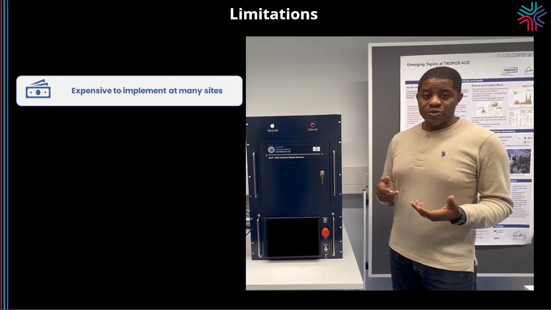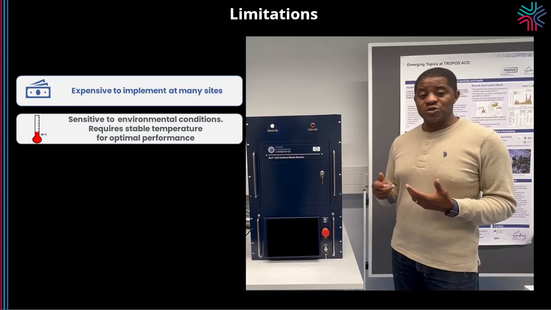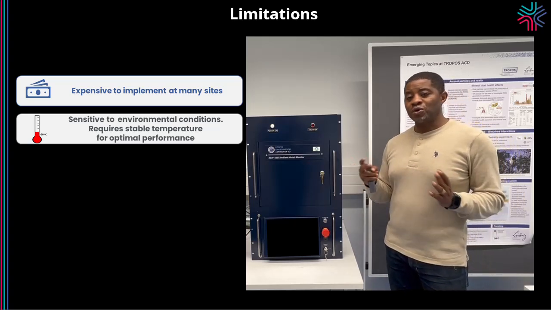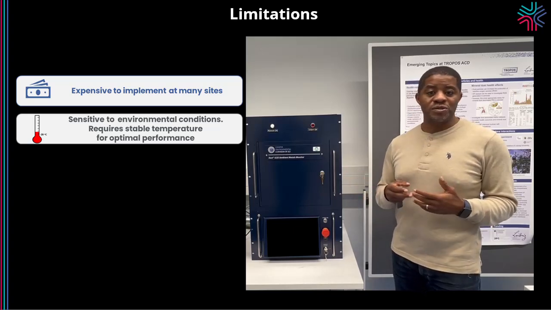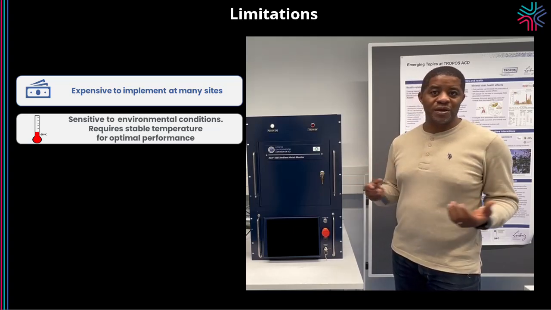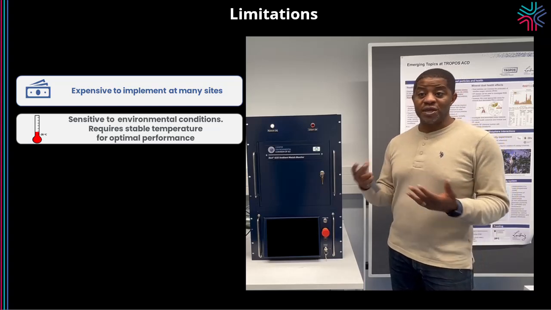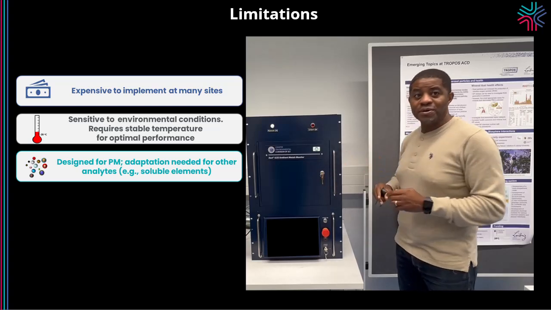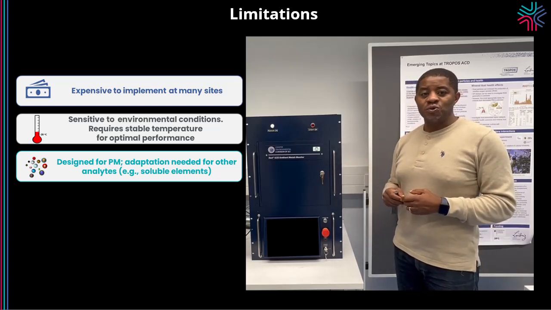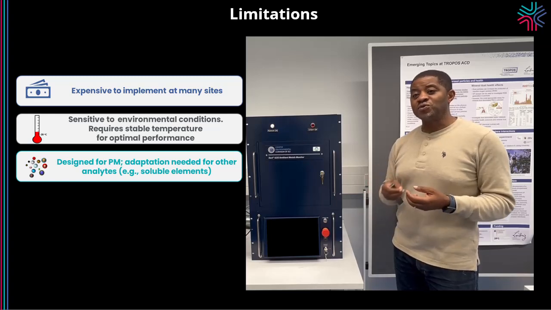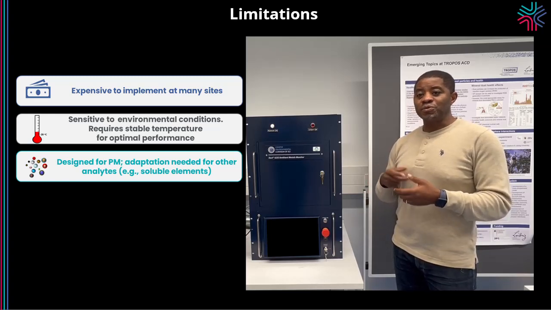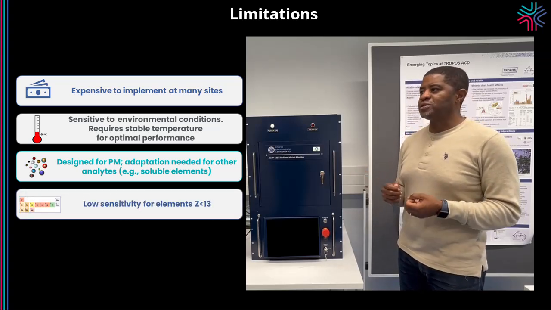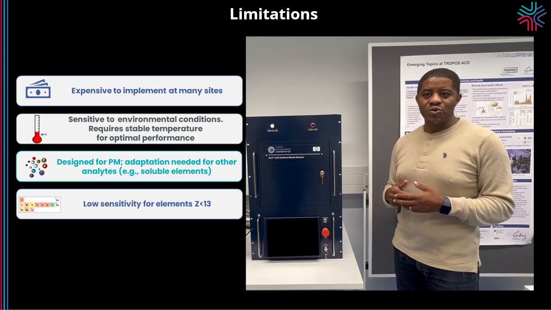However, there are also some difficulties in terms of environmental conditions. You would like to work under a temperature range so that the electronics function well. So you cannot deploy it in winter conditions at minus 20 degrees without providing heating for it, which is not the case for offline sampling. For particulate matter, you have the inlet, as I showed you, that goes directly into the sample. You already have the inlet there, so it's easy to quantify particulate matter. But if you have to do the soluble elements from it, the procedure becomes a bit challenging, but it's possible. And for light elements, the sensitivity is not good, but from aluminum, you have good sensitivity.